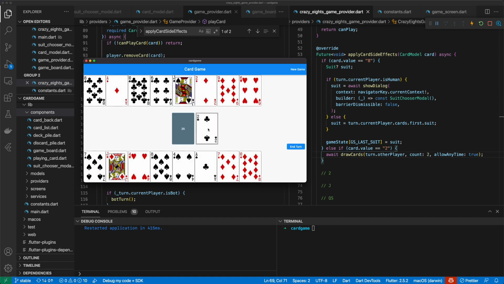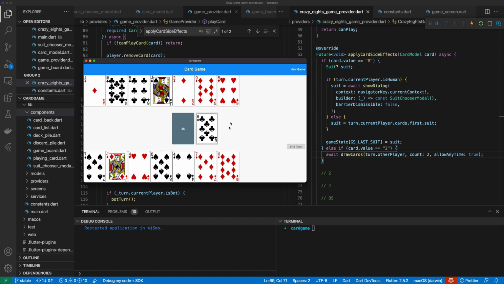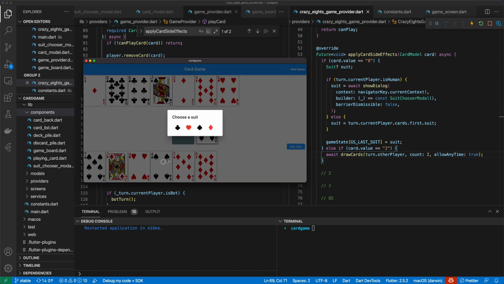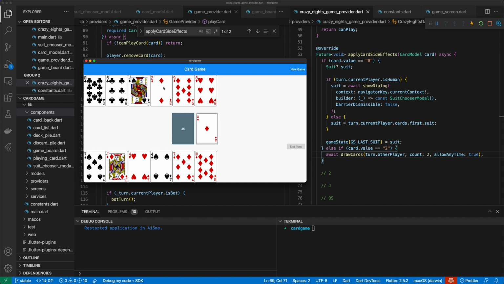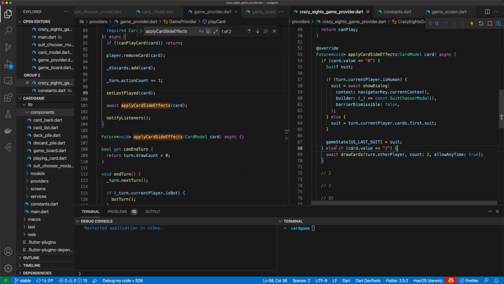He has a 2. Oh, there's a 2 on the top, which we're not handling, any effects for the one there. Let's just play around and make it diamonds. I really want a 2. Maybe I should be drawing then. Okay, well that worked. Look, they played a 2, smart bot, and I just got 2 cards. So that's good. But I imagine in a fast-paced game, you might be like, wait, what the heck just happened? Where did these cards come from? I'm not paying attention. So I think we need some kind of modal of some sort